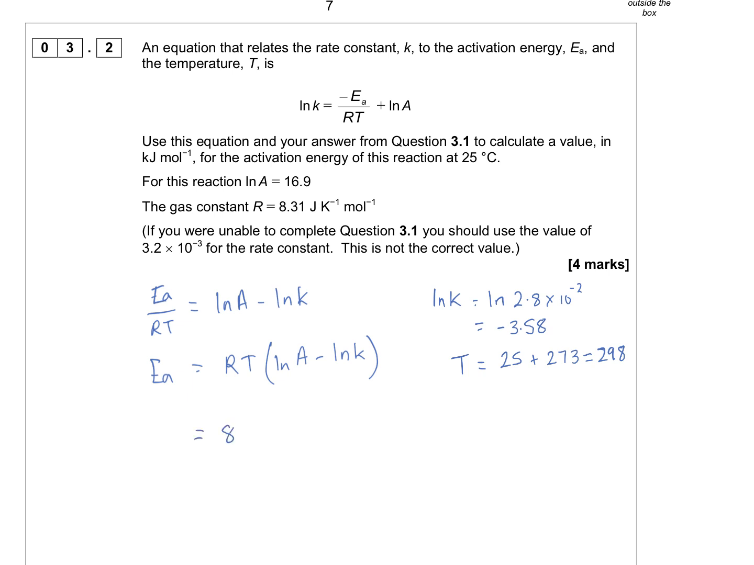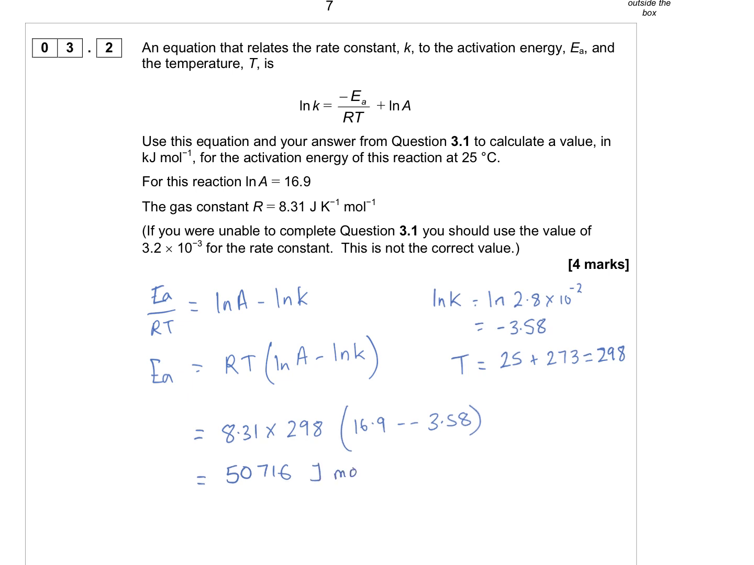So we can then write everything out. So we've got R is 8.31 times 298 times, and then ln of A is given to us in the question. So it's 16.9 minus minus, so therefore plus 3.58. And if we evaluate that, tap it and pop everything in, we're going to end up with an answer of